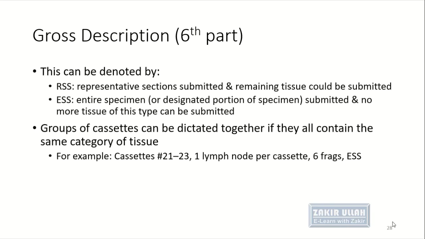So this can be denoted by RSS. RSS stands for representative sections submitted, meaning that only certain specimen sections are taken for microscopic examination, and some part of the tissue remains, so we can submit more parts of this tissue. ESS stands for the entire specimen submitted, meaning no more tissue is left of this specimen, and we cannot submit more. Also, a group of cassettes can be dictated together if they contain the same type